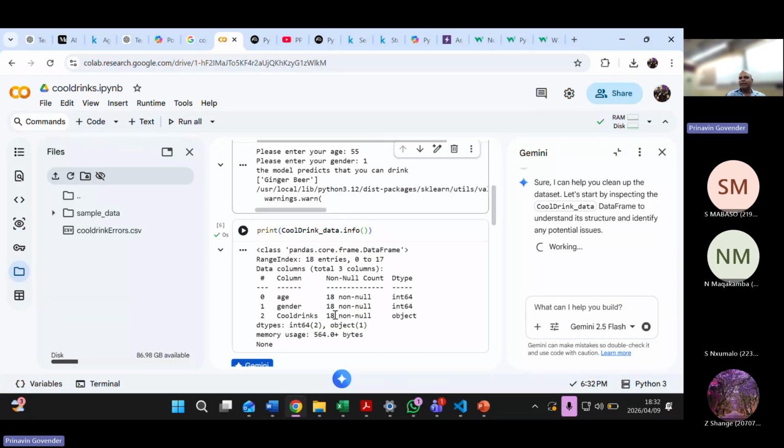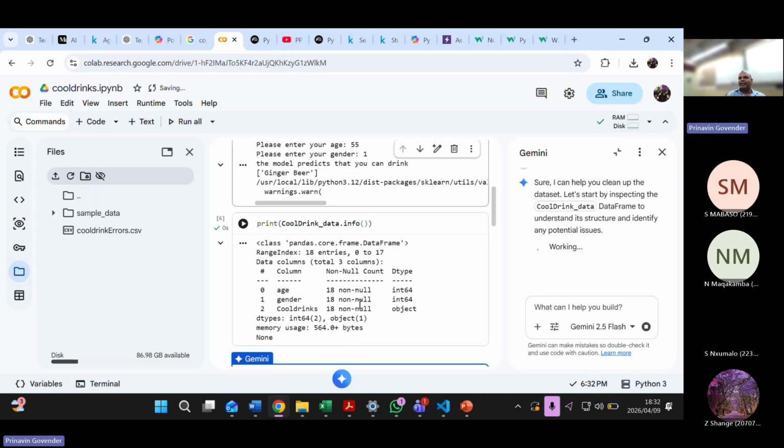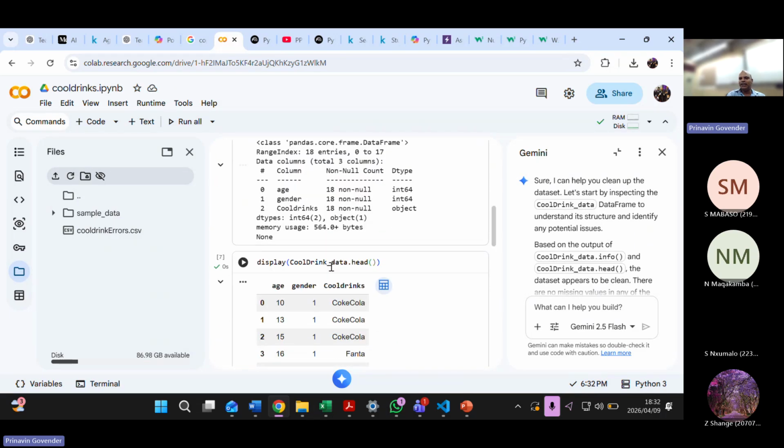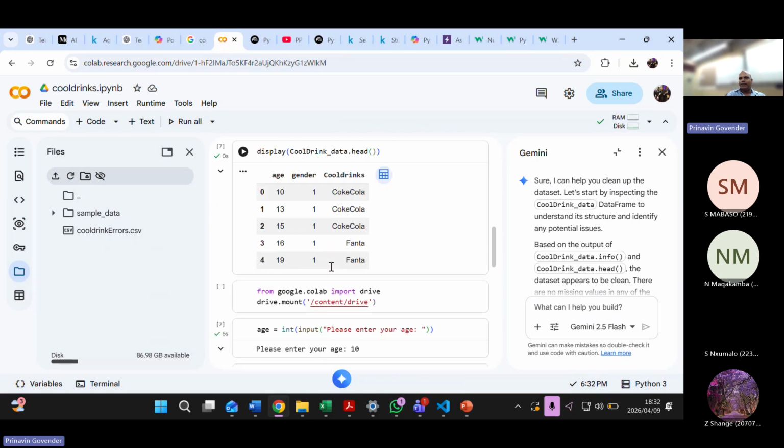Oh, look at that. It's picked up that there's some null values here. 18 non-null. There's data columns. There's 3 entries, 0 to 17. Yeah. It says that